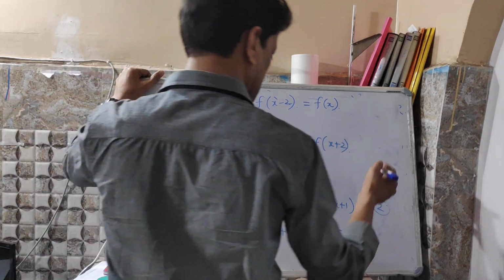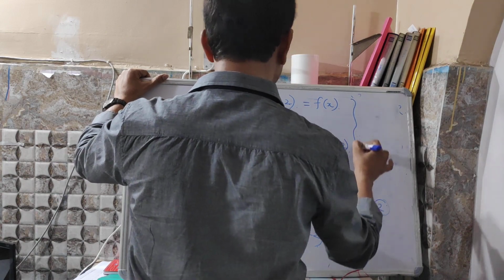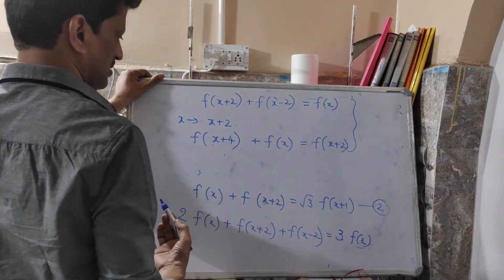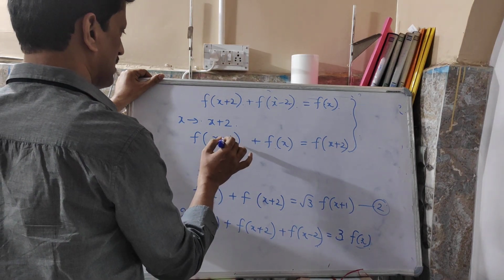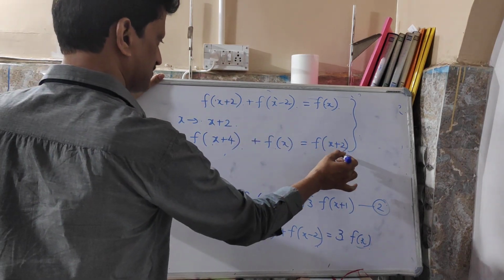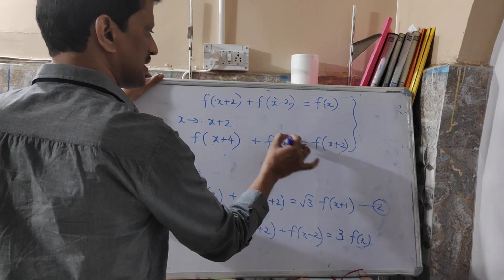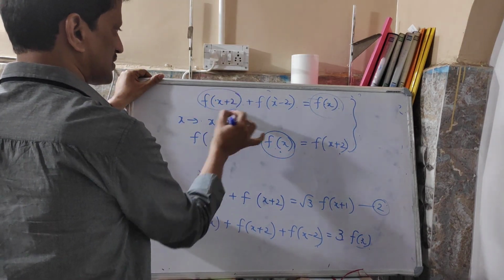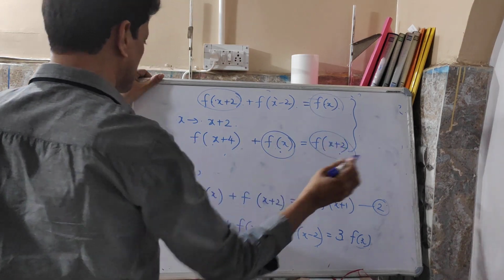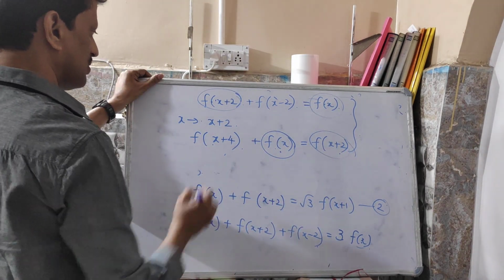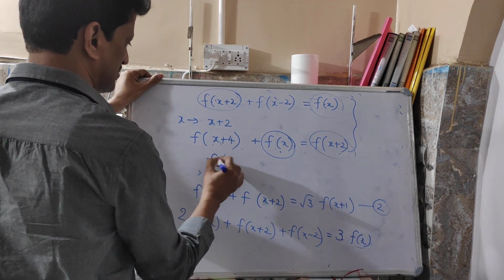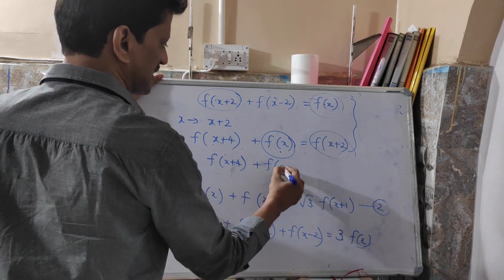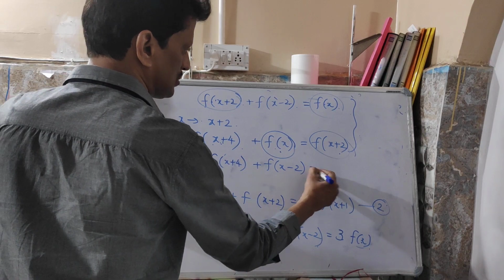So combining these equations, these two, देख लो अभी f of x इधर ही कट हो गया और f of x plus 2 कट हो गया, इधर f of x दोनों साइड, एक राइट साइड एक लेफ्ट साइड, and f of x plus 2 लेफ्ट साइड राइट साइड, ये भी कट हो गया। बचेगा क्या हमको, f of x plus 4 plus f of x minus 2 equal to zero,